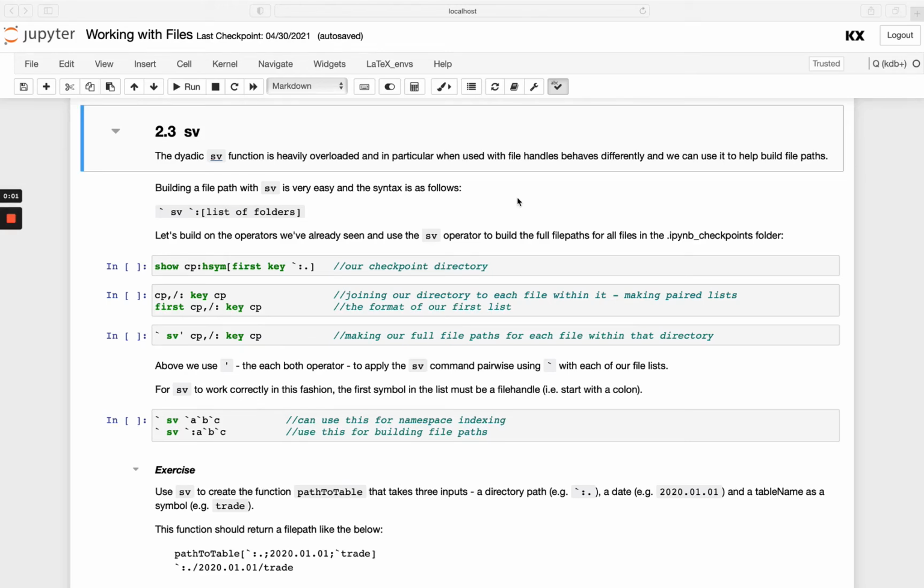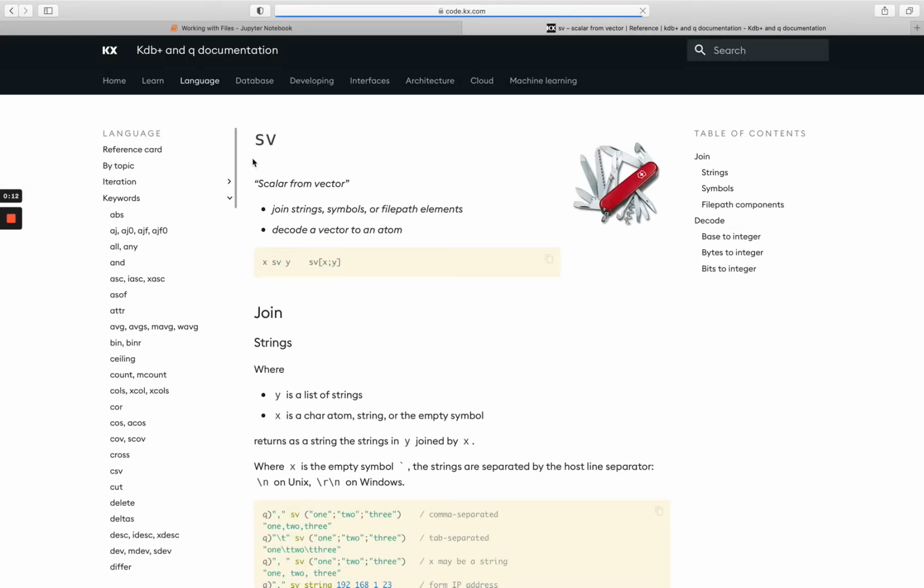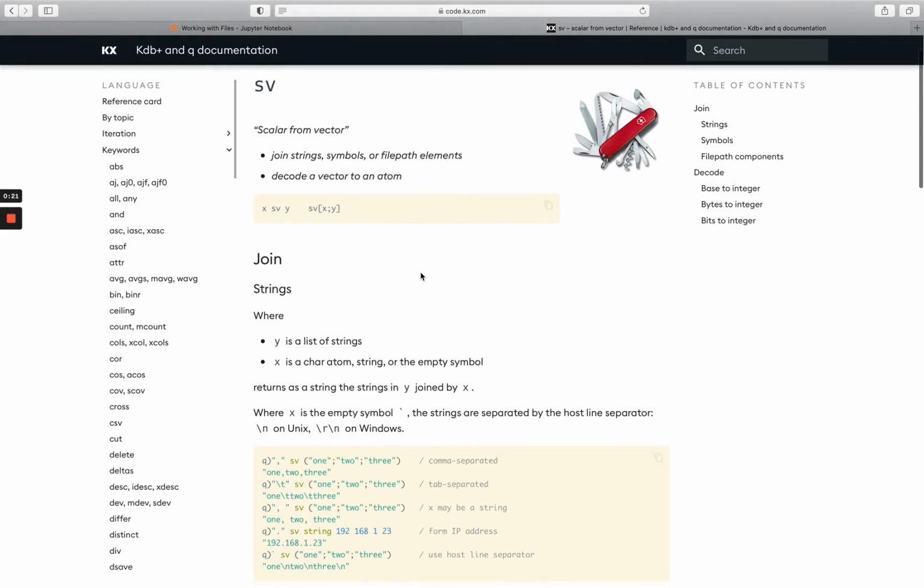Welcome back. Next, let's take a look at the sv function. We did already see this in our string manipulation module earlier in the fundamentals series, and we've seen the example of sv when used with strings and symbols here. If you remember, sv stands for scalar from vector, and it allows us to concatenate many different items into